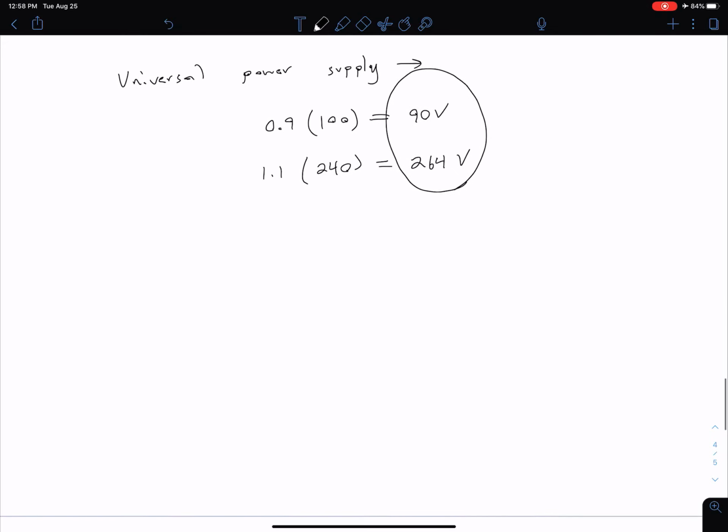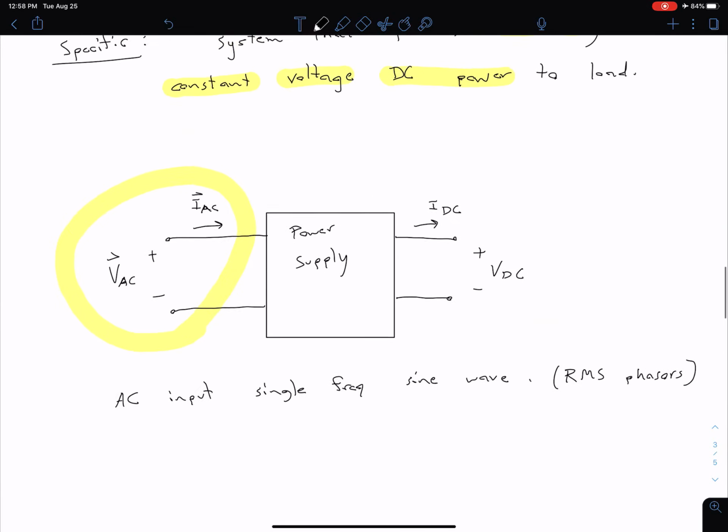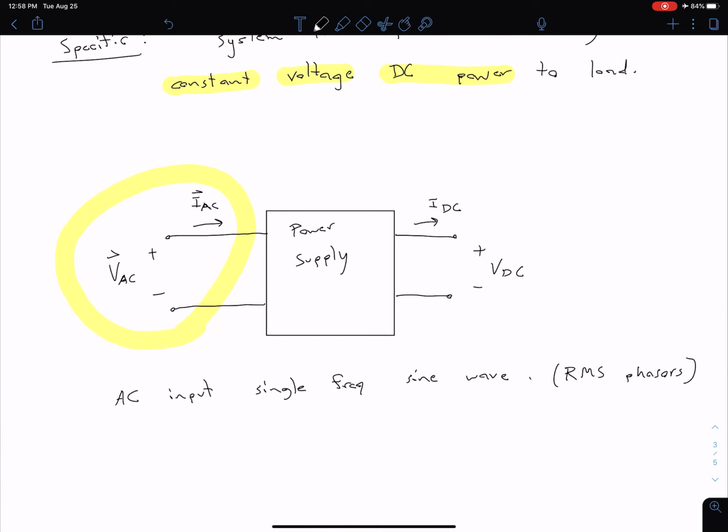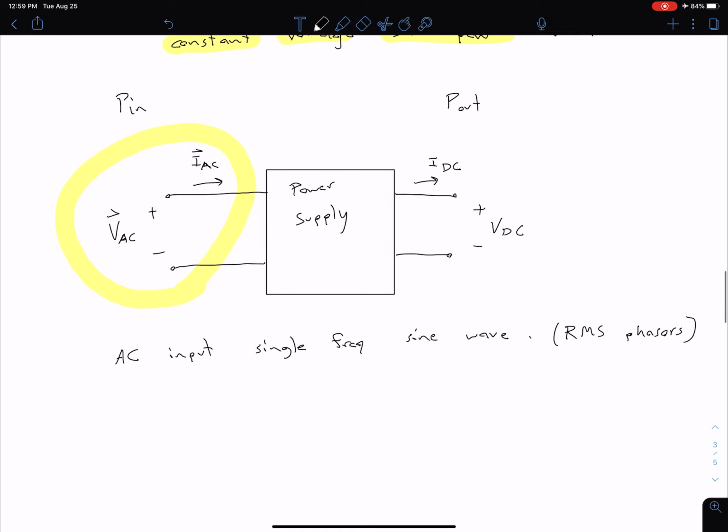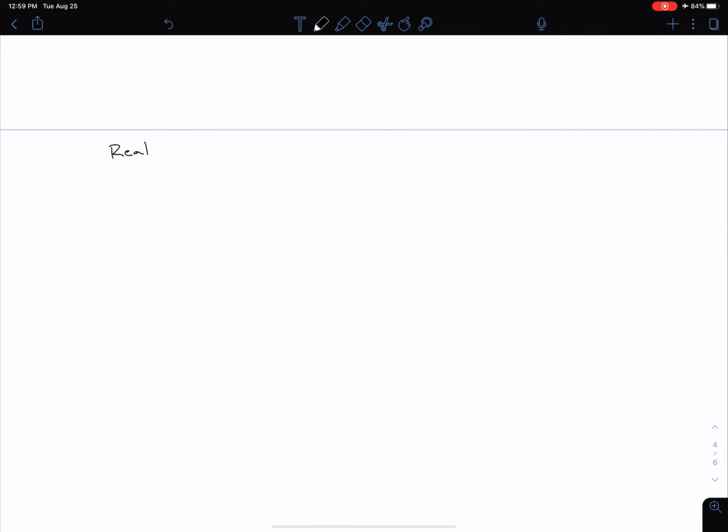Okay, so coming back to our simple power supply here, let's talk about our efficiency equation. So our power in is going to be here on the left side. Let's just write this is going to be our power in, our AC, and then the power out is going to be over here on the right side. So from our power systems equation, we have, if we want to talk about the real power in an AC system, so of course that's as opposed to our imaginary or our apparent power,